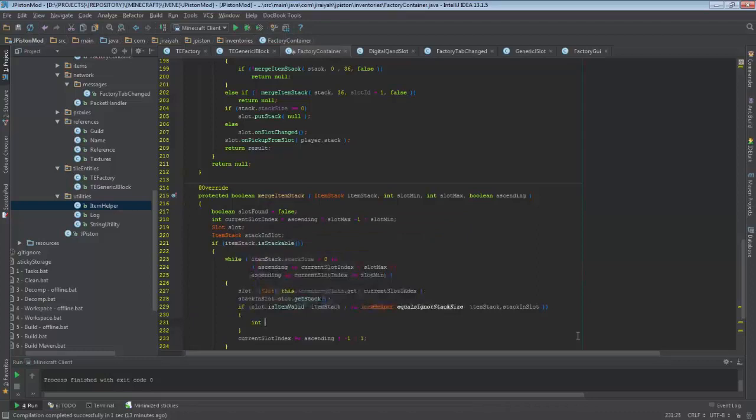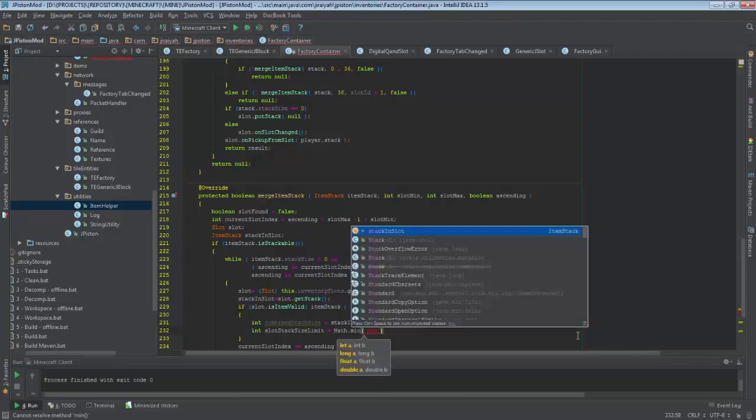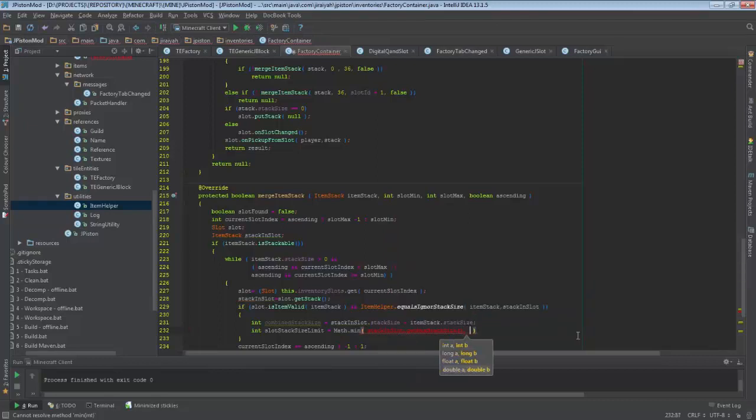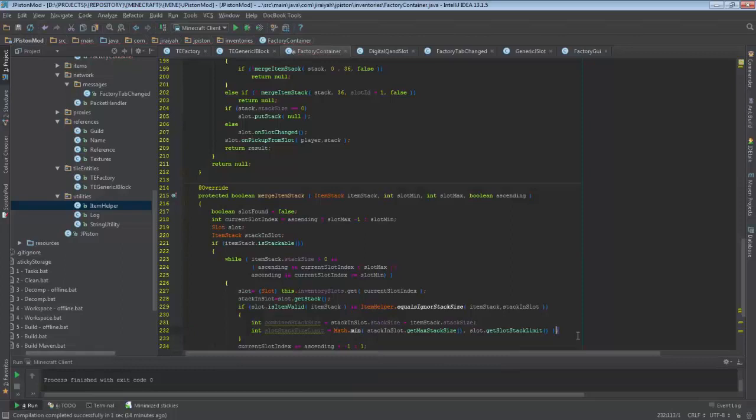Now in here, we say int combined stack size equals to stack in a slot dot stack size plus item stack dot stack size. Then we say int slot stack size limit equals to math.min of stack in a slot dot get max stack size, comma, slot dot get max, get slot stack limit, a bit different. Okay, so we get the minimum number between these two,